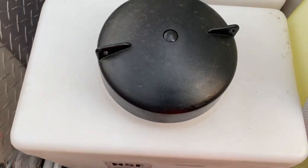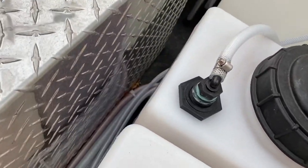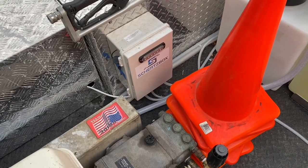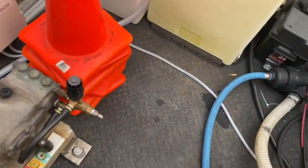Here's an extra tank. When I do want to run something, I can put a three-way ball valve and switch on whatever kind of soap. Got the tubing running through here. That's the Schertz Box. Check out another video. I did a whole video about the Schertz Box. I do like it. Got my cones, and then I did a commercial project